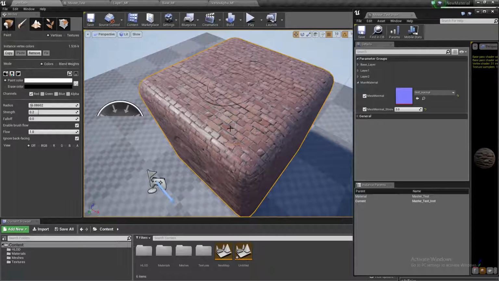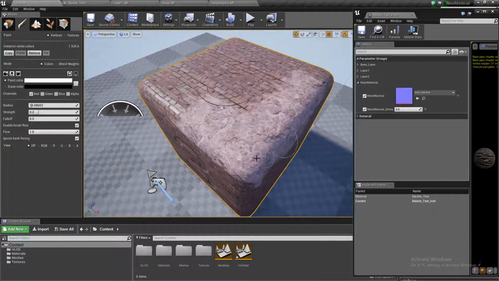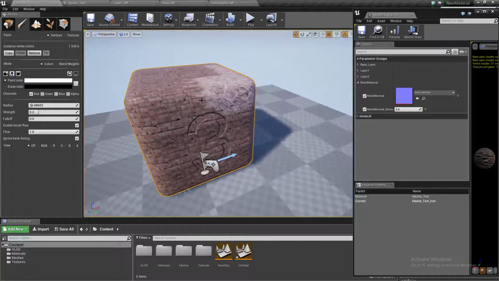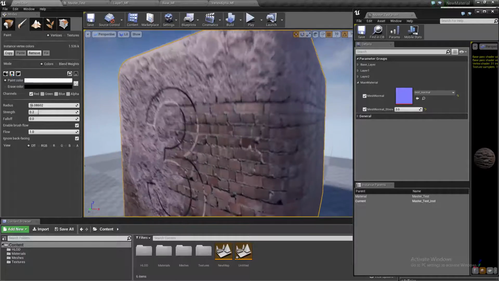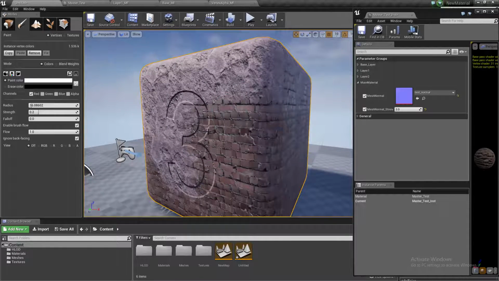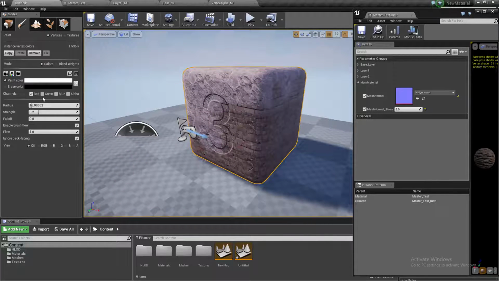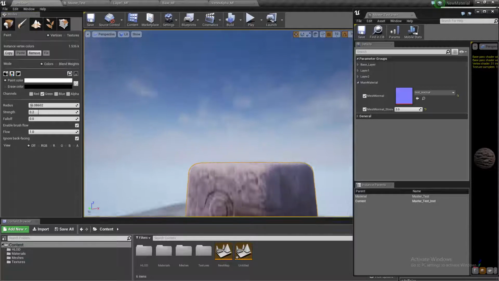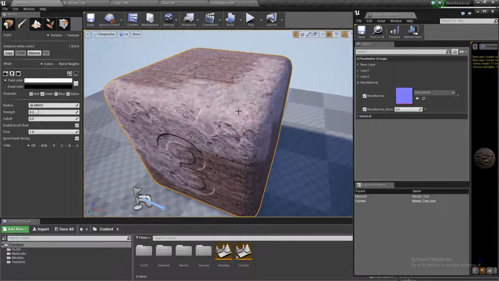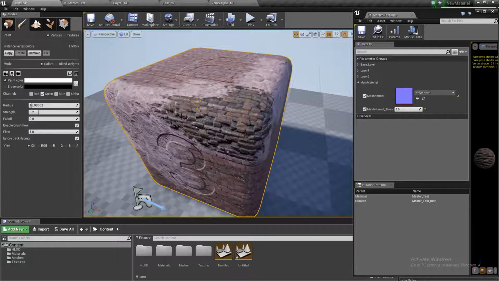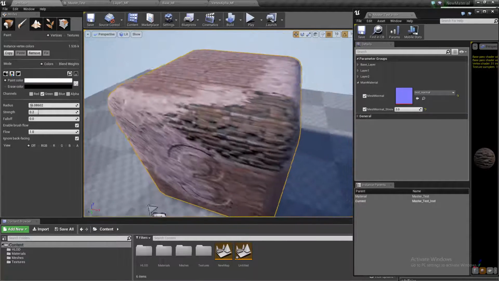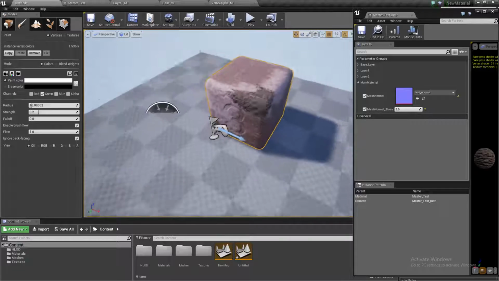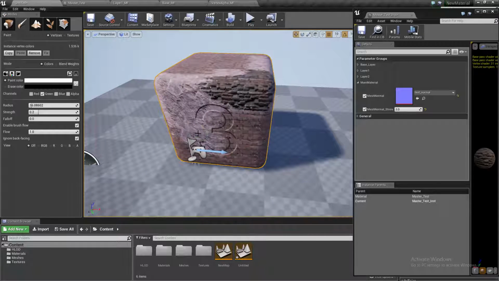Okay, and now if I paint, it's going to paint this concrete over it, and you can see it's not extremely sharp blending. And then I can paint green. Green can paint over everything, so that is green. You'll notice the bricks are different. This is like a smooth brick, this is like a rough brick,